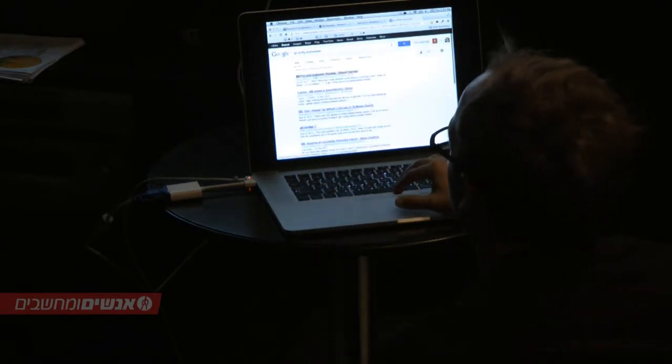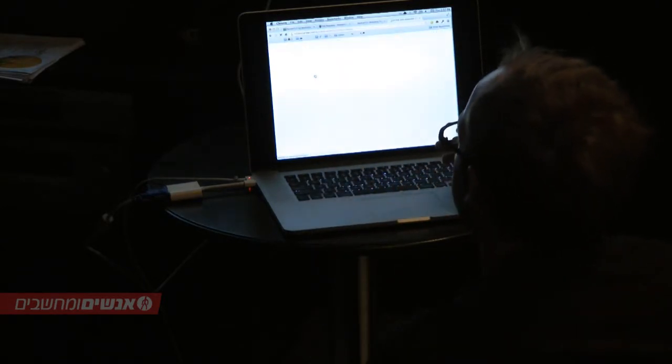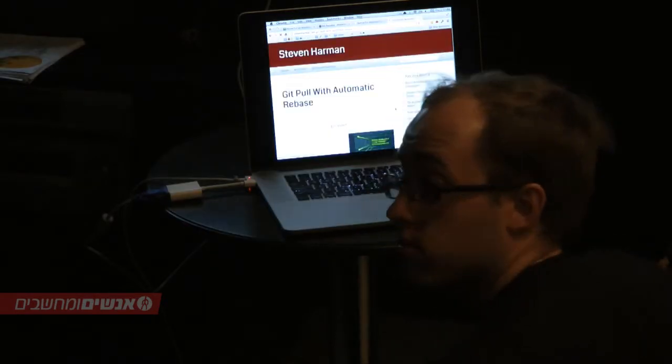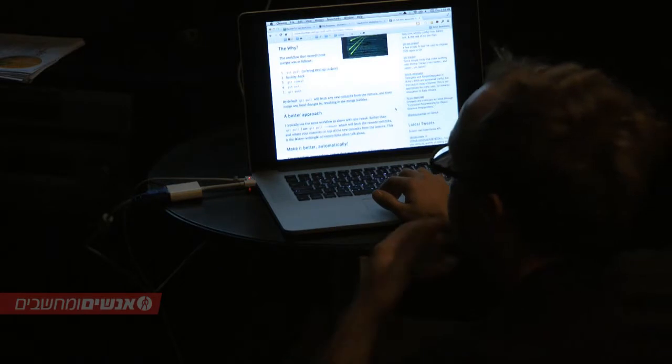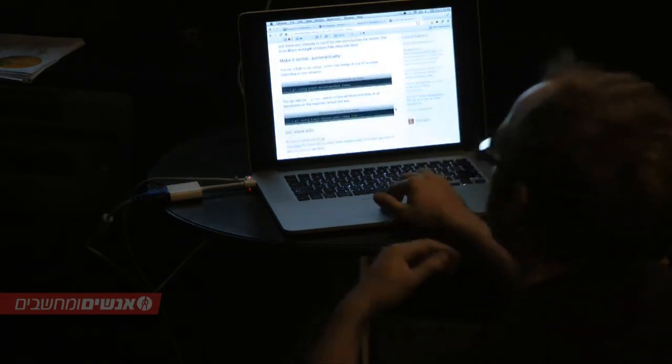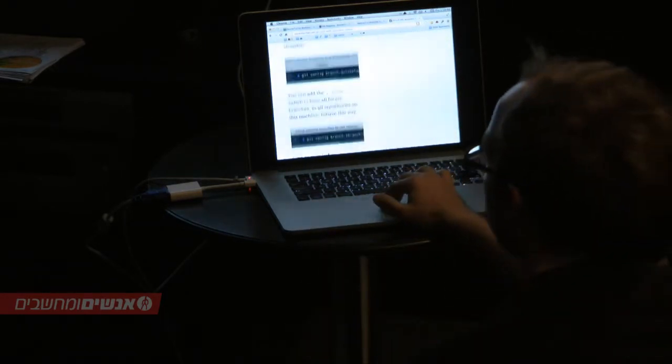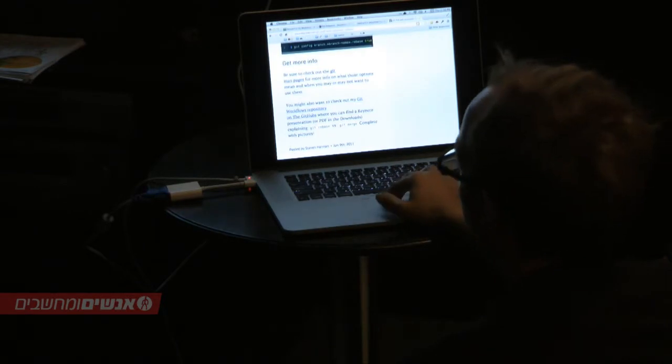Maybe you can discuss a bit about this rebase versus not rebase issue. What's your experience about it? I think we discussed yesterday about rebasing versus not rebasing versus pulling, on seeing the history of all the merges or not seeing the history of all the merges. How have you gone through this?